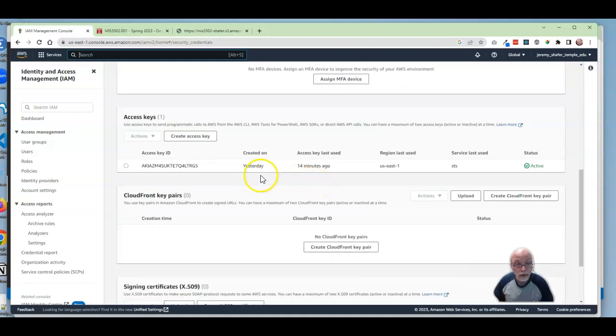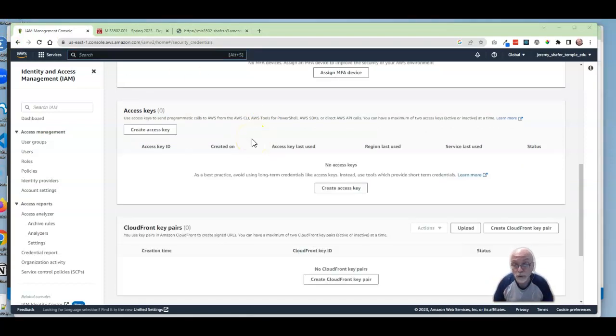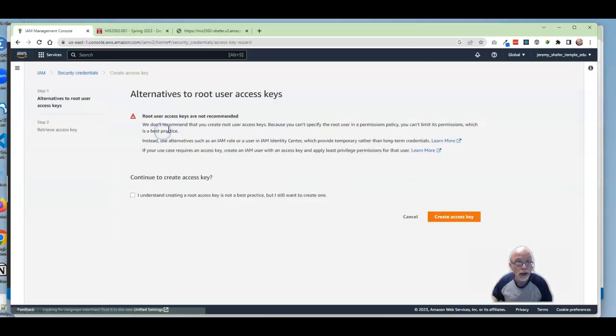Now, I already have a key left over from yesterday. I'm going to get rid of it. I'm going to pause the recorder here for just a second. There we go. This will be more like what you have. You have no access keys, none. All right, so I want to make one. So I will click Create Access Key,